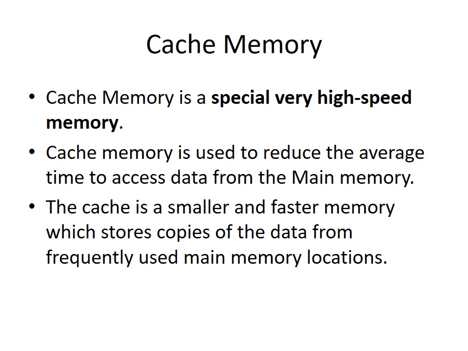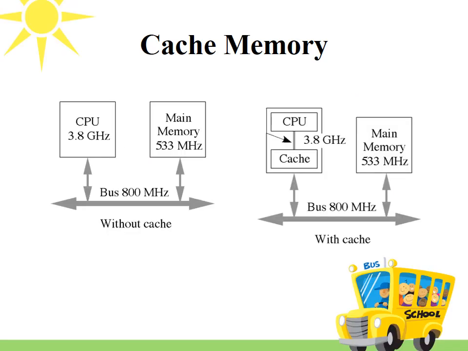So it has many advantages. Let me explain the different types of cache memory along with an example and its advantages as well. You can see that when fetching data, there is a clear difference mentioned in the PPT, that is with cache and without cache. With cache, you can see that the CPU is directly connected to cache and then to main memory.